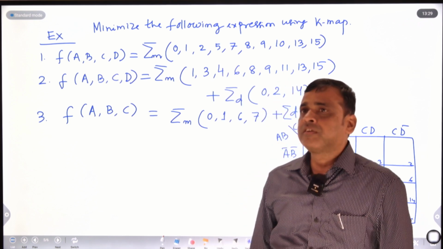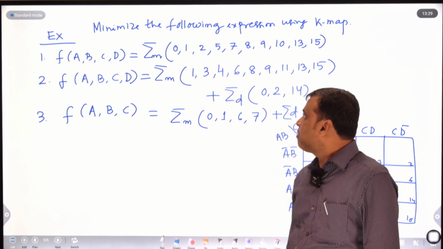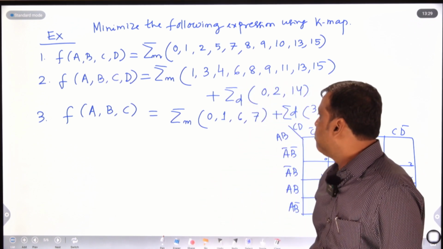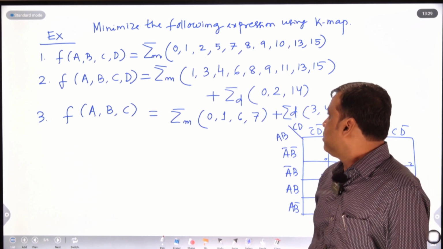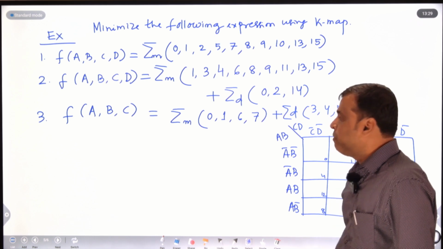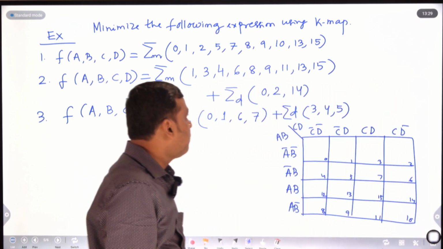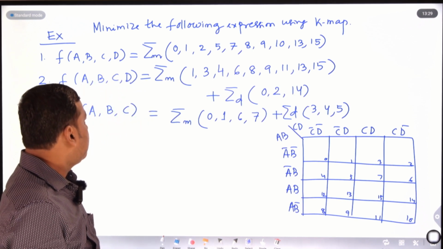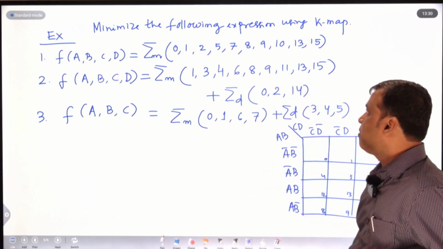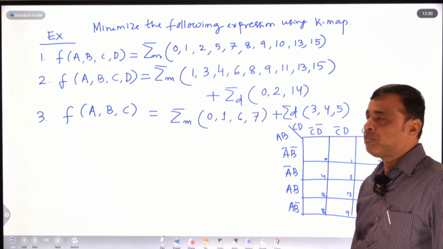Now today we will discuss some more problems related to Karnaugh map. In the previous class I already told you how to solve the Boolean expression using K-map. This problem says: minimize the following expression using K-map. Already I told you how to solve the logic expression using K-map if the question is given either in min terms or max terms. The combination of 1s gives the minimal sum of product terms, and the combination of 0s gives the minimal product of sum terms.